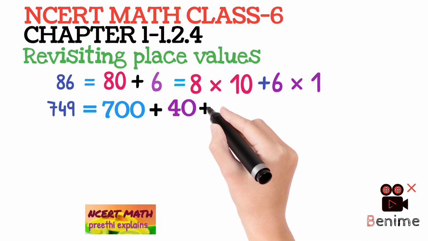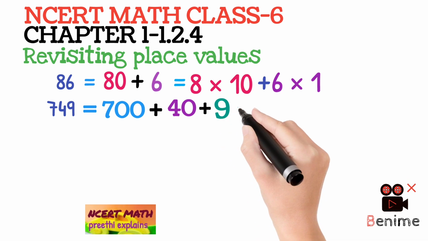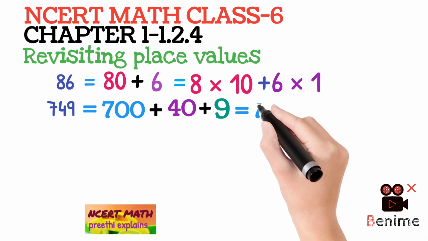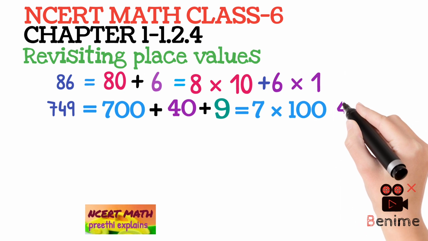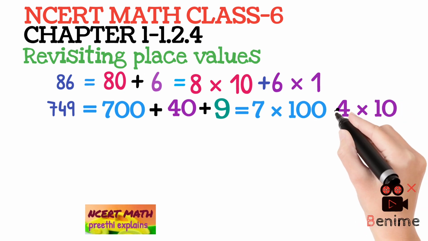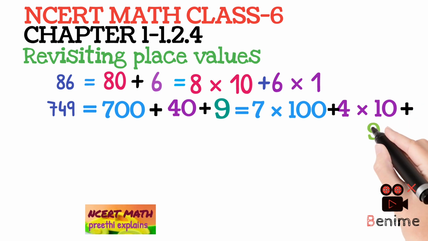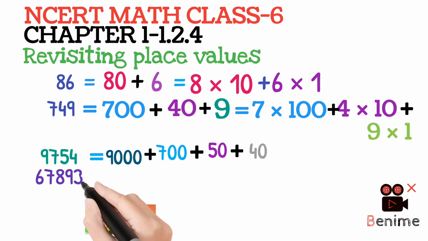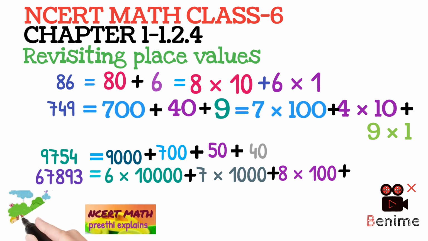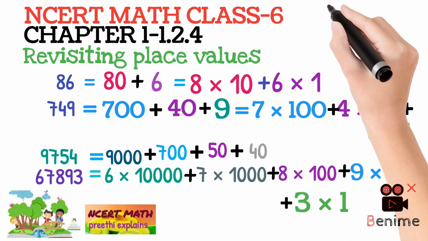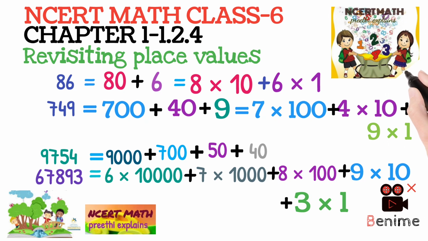Similarly, 749 can be expanded as 700 plus 40 plus 9. And 700 can be written as 7 into 100, 40 can be written as 4 into 10, and 9 can be written as 9 into 1. So similarly, the following numbers can be expanded in a beautiful manner. So let us see the next section,